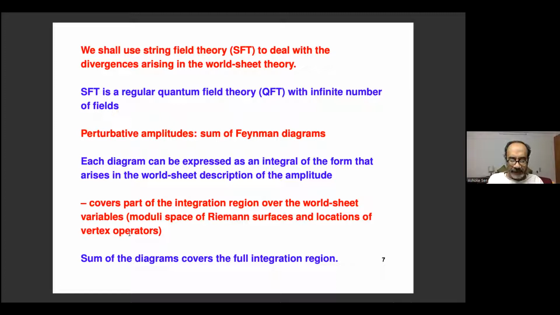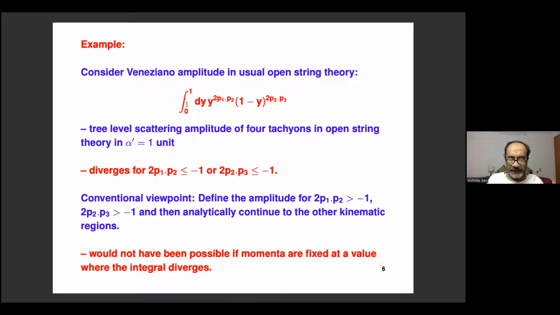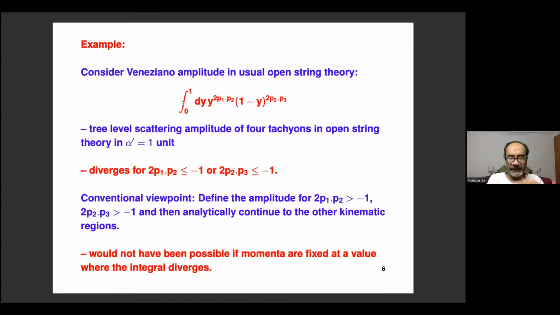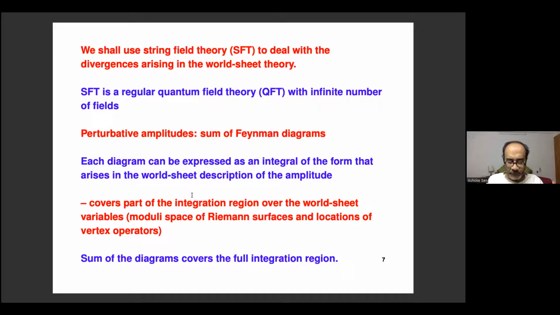So for example, in the case of the Veneziano amplitude, if you try to represent this as a contribution in string field theory, it will be divided into three segments. One, a small segment near y equal to 0, then a small segment near y equal to 1, and then a segment that interpolates between them, that covers the missing region. And these you can reinterpret as a contribution from the s-channel Feynman diagram, t-channel Feynman diagram, and contact Feynman diagram. That's the way string field theory works. But otherwise, string field theory is just a way to rewrite string perturbation theory as quantum field theory amplitudes.